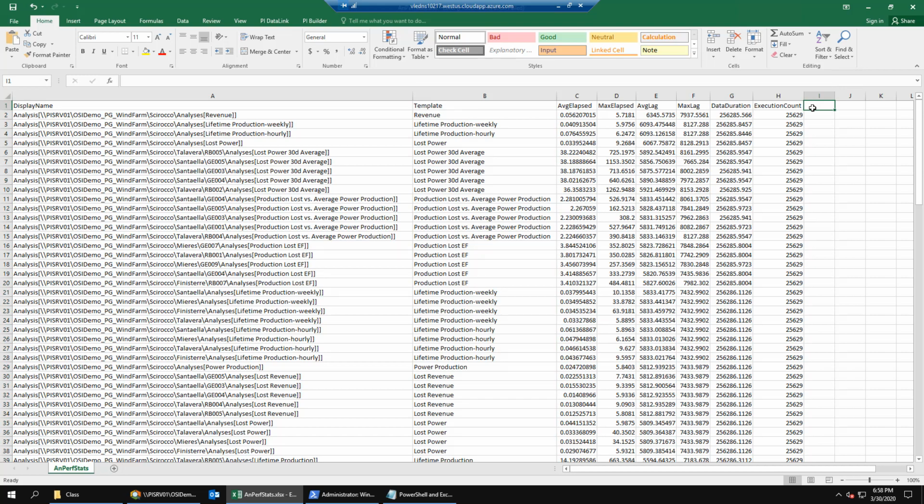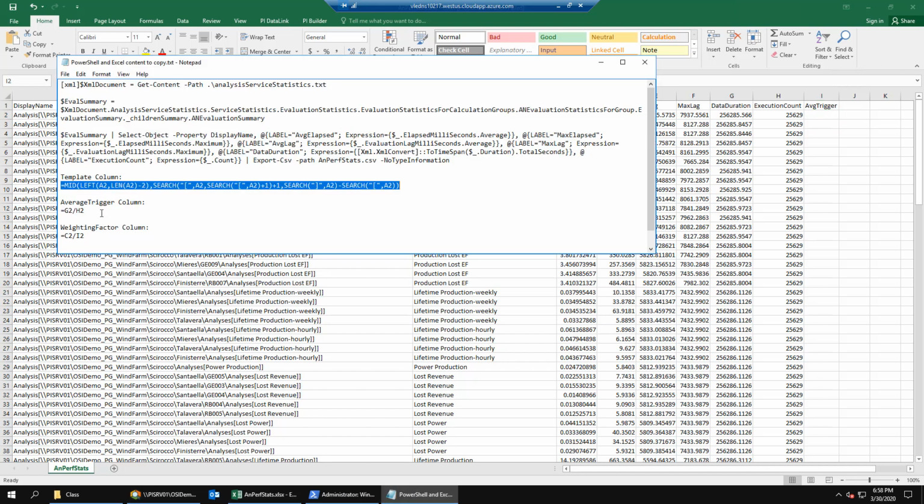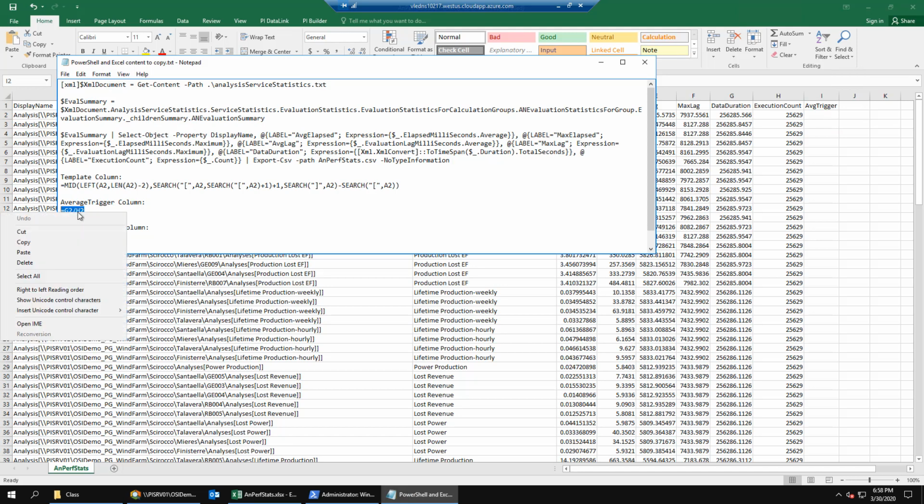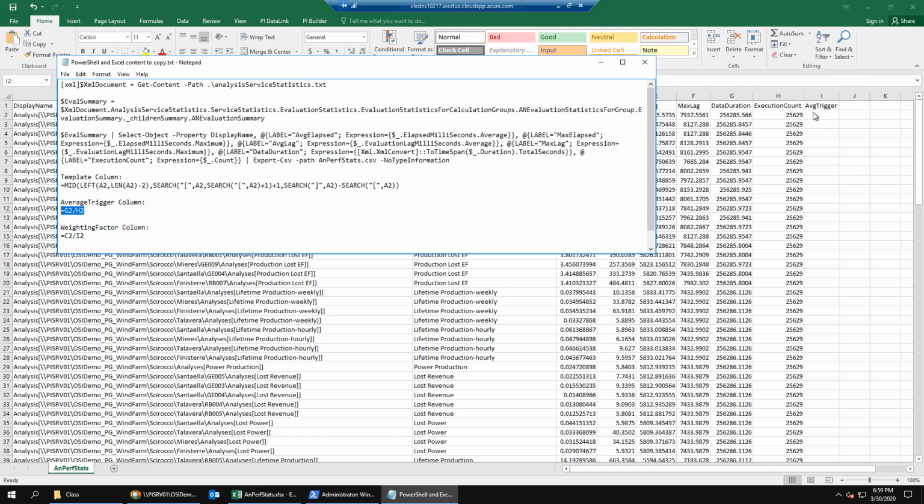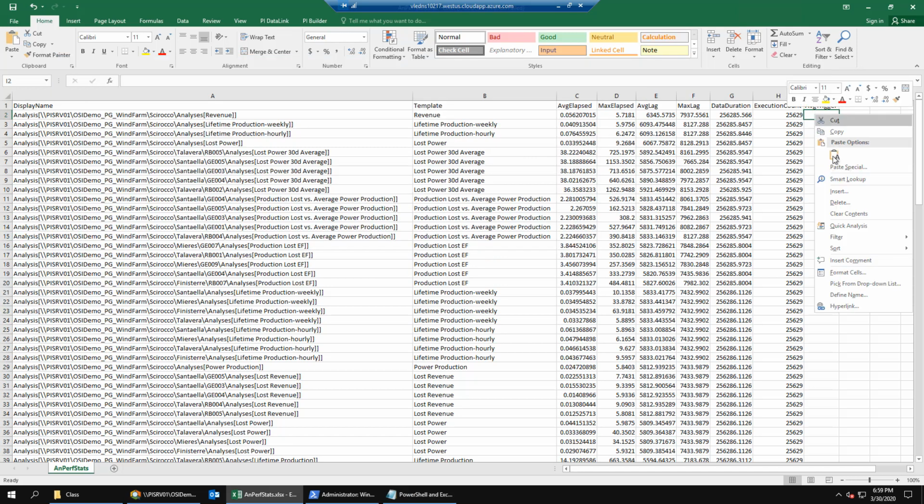So we've done this once again in our copy text file. So it should be G2 divided by H2. We'll copy that and paste into our column and then fill down. You can see here that most of our analytics are executing approximately every 10 seconds, but it varies from analytic to analytic.